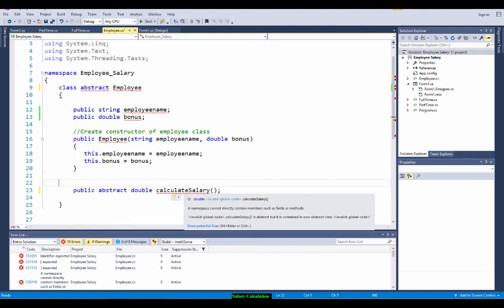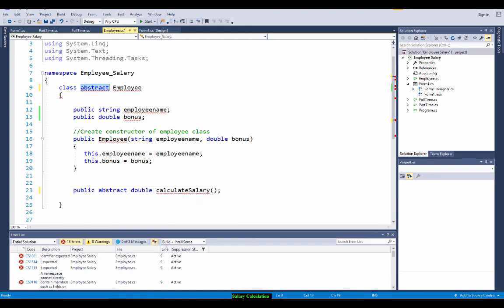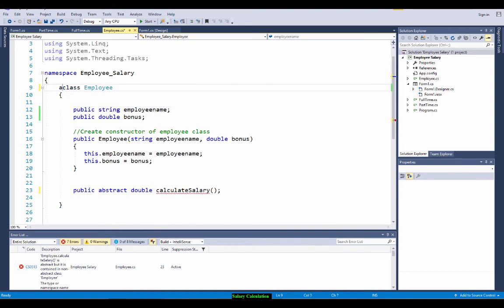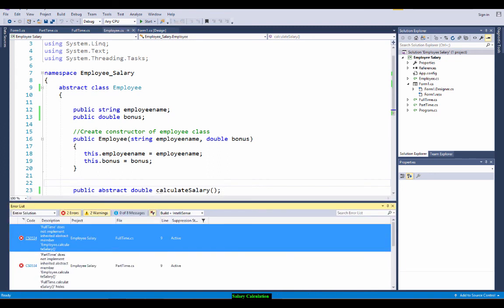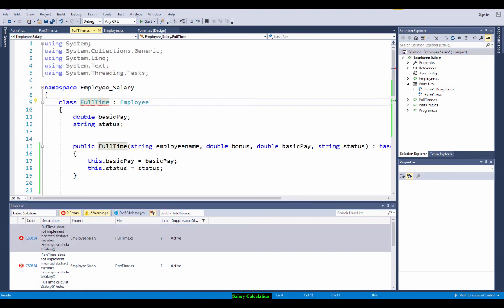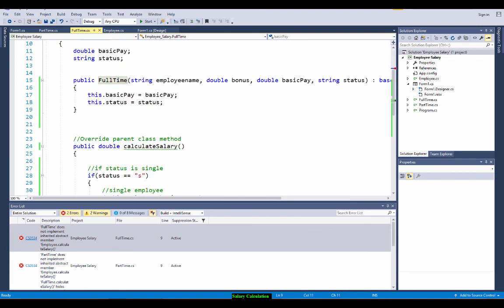What does it say now? A namespace cannot directly contain members such as fields or methods. Yeah, abstract class. Employee has an abstract method which is calculate salary. So let's run this. Let's save this. And what's the problem here? It says employee salary. Implement inherited abstract member. Yes, it does. So public calculate salary